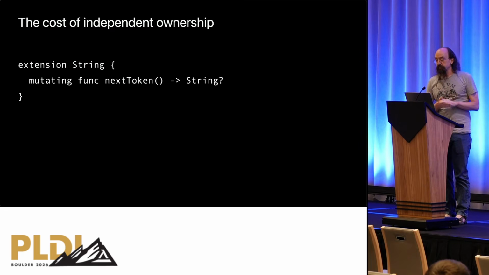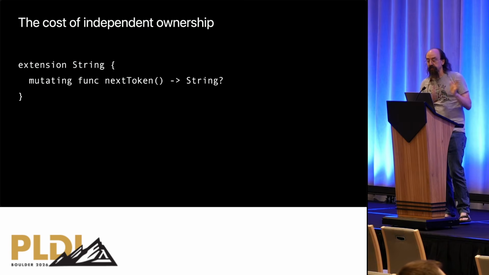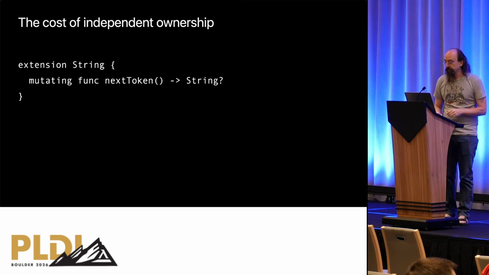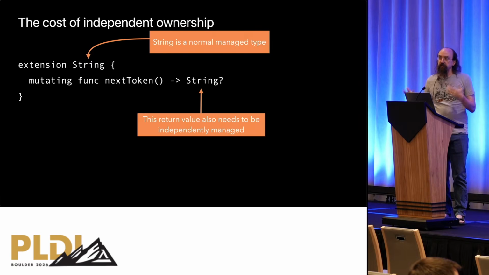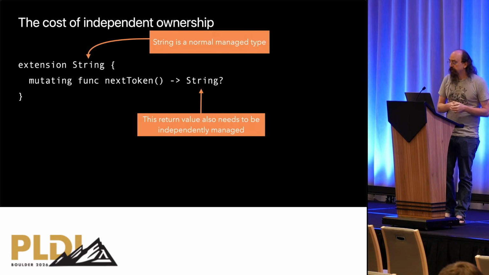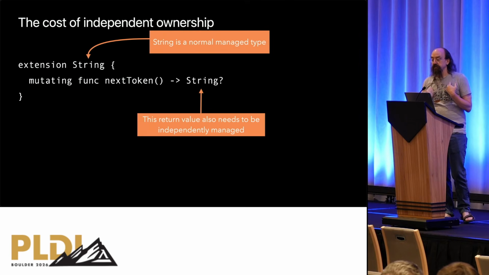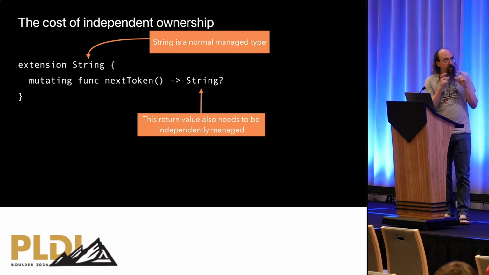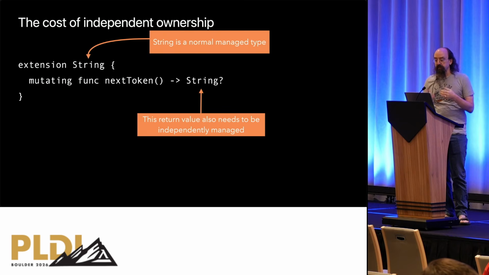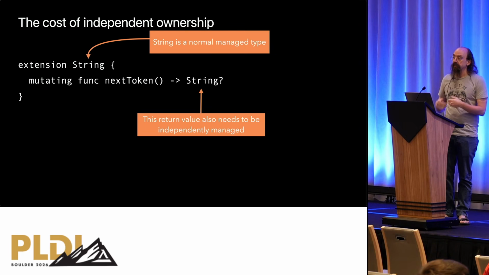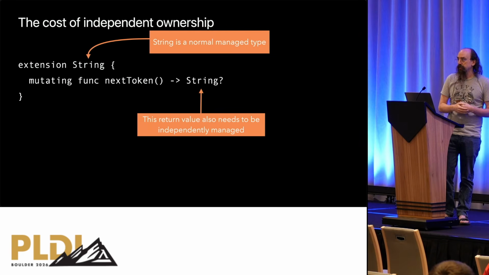What I've written here is a perfectly reasonable function signature if I don't really care much about the low-level performance of my tokenizer. If I do care about that performance, I've got a bit of a problem. String is going to be a normal managed value type in the language. So when I return a string, my caller is going to expect to receive an independently managed value. That token that I return needs to stay valid even if the caller throws away the original string. Depending on the implementation of string, this might mean doing extra reference counting or even an entirely separate allocation. That overhead can add up very quickly for something like a tokenizer that I might expect to call very rapidly in a loop.